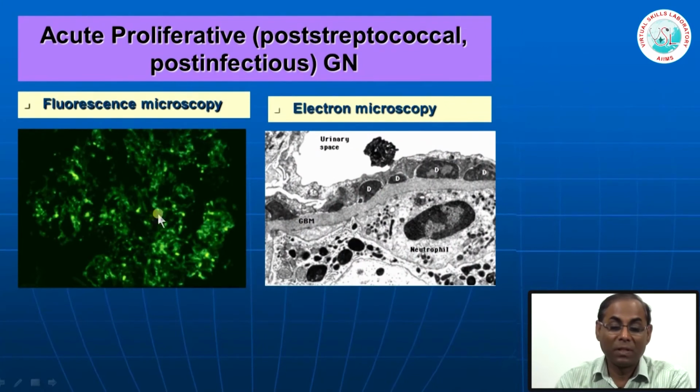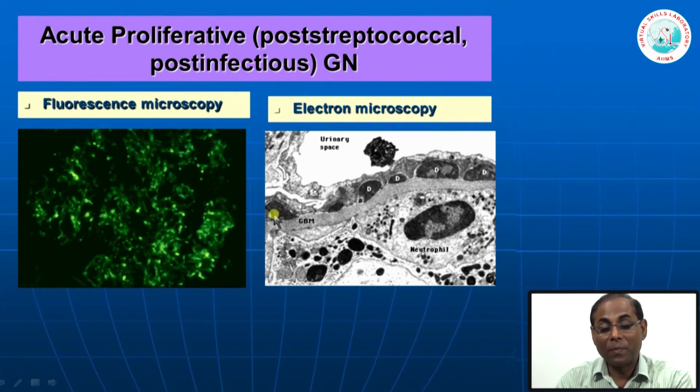If you do the immunofluorescence microscope, you typically see immune complex deposit of these IgG and C3, some are large deposits, some are small deposits, coarse deposit, and they are typically described as a starry sky appearance, and deposits are there in the capillary wall as well as in the mesangium. And so,